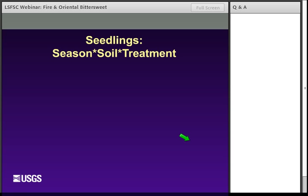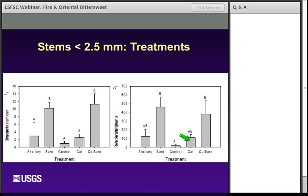There's a graph there, but you can't see it. Seedlings were also significant between treatment and soil and season. And I'll just say that there were a few sites that in the cut and burn treatment must have had a lot of seeds because they had a high flush of seedlings, whereas in most treatments there was basically no effect on seedling